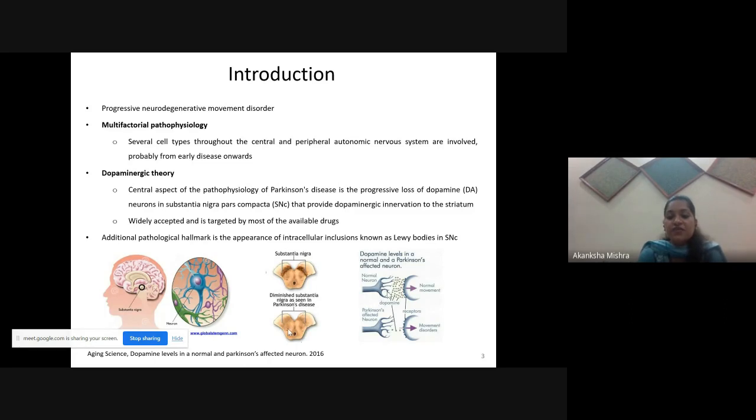Here, first of all, there is a normal neuron and dopamine is getting released into the striatum. There, dopamine receptors are already present on the postsynaptic neuron. After getting attached to the receptor, dopamine shows its effect, which is to provide basic normal movement to the human body. In the second picture, we can see in Parkinson's patients the dopamine release is decreased. Receptors are present, but dopamine is less. That is why normal movement gets hampered and movement disorder happens in Parkinson's disease patients. So this is the basic definition of Parkinson's disease and why it happens.